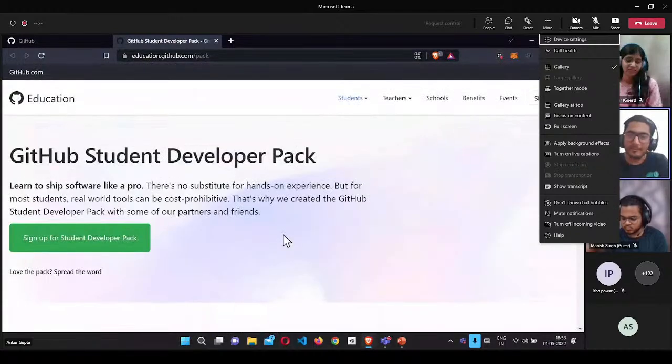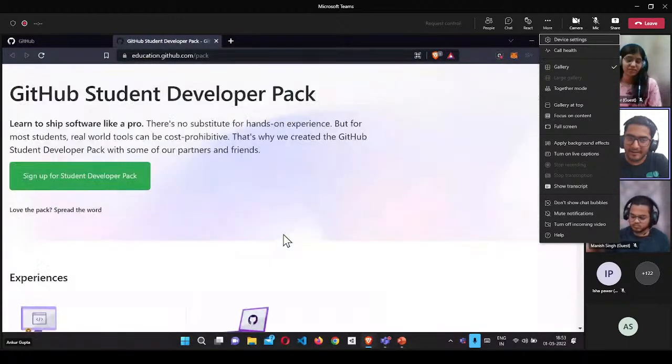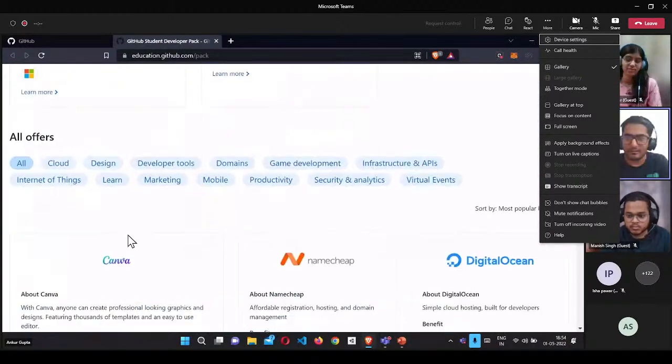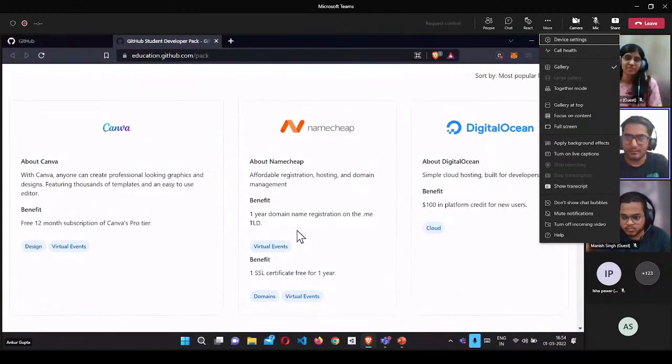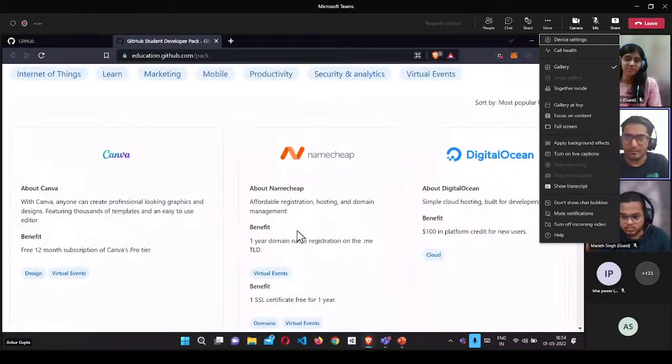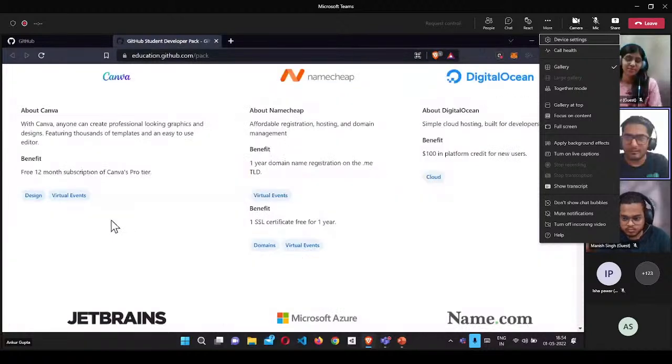Now, what exactly do you get in the GitHub Student Developer Pack? There are a lot of things, and it's a really resourceful thing. Through it, you get a 12-month subscription of Canva Pro tier. Canva, if you are a graphic designer or something, you may have heard about it.